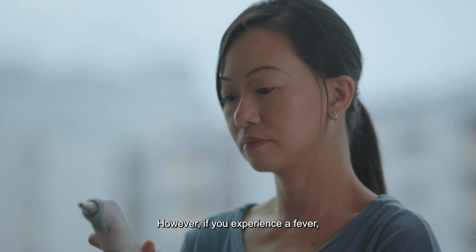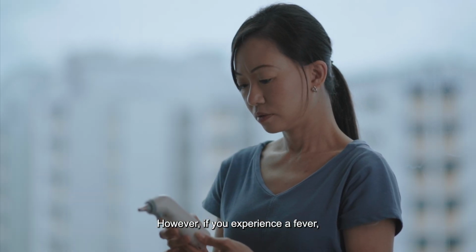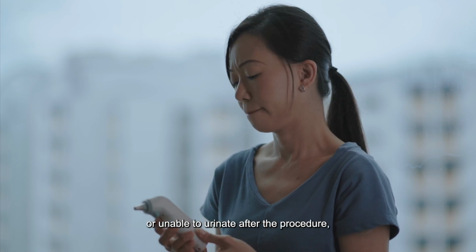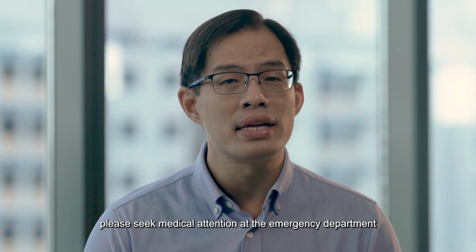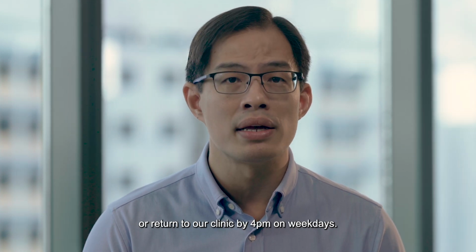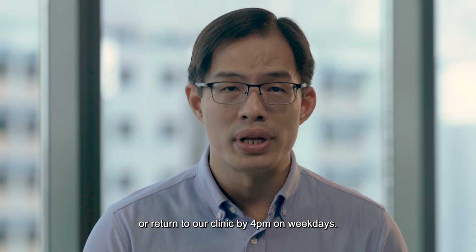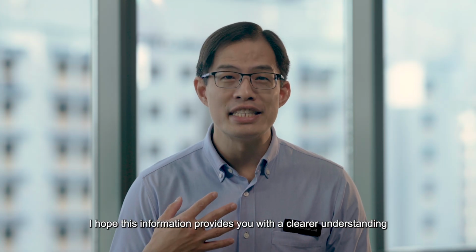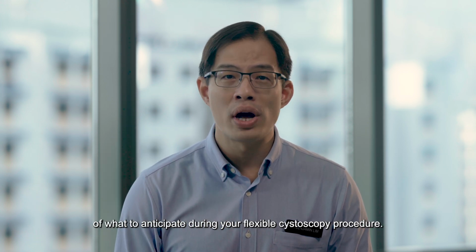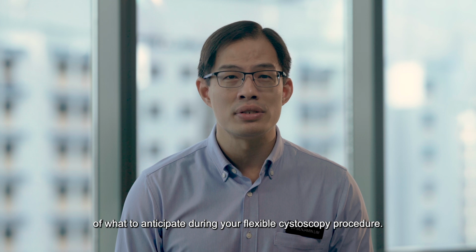However, if you experience a fever, heavily blood-stained urine, or are unable to urinate after the procedure, please seek medical attention at the emergency department or return to our clinic by 4 p.m. on weekdays. I hope this information provides you with a clearer understanding of what to anticipate during your flexible cystoscopy